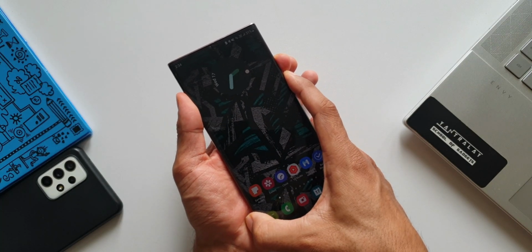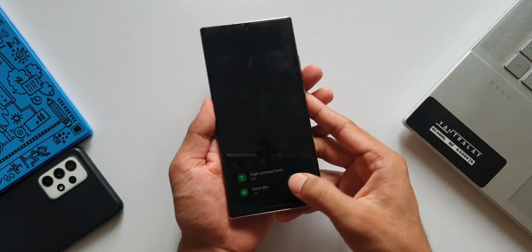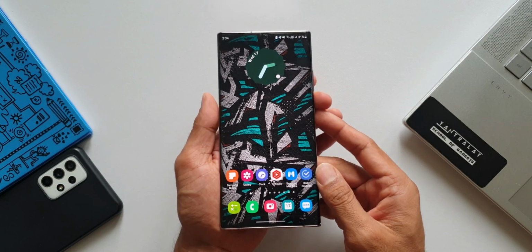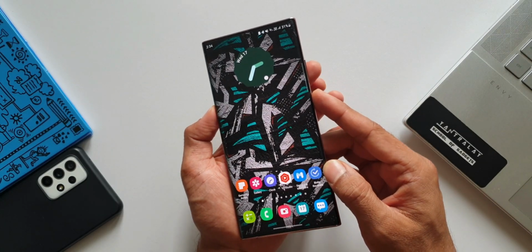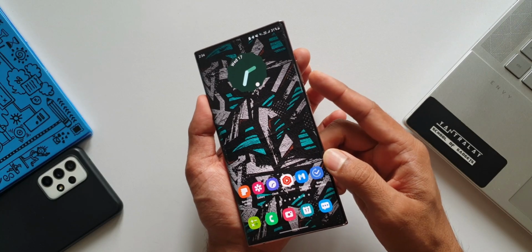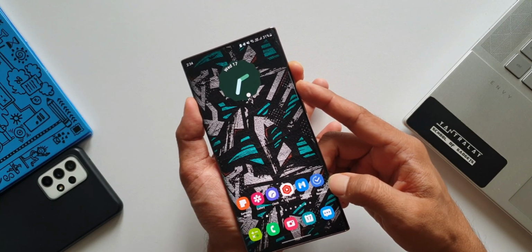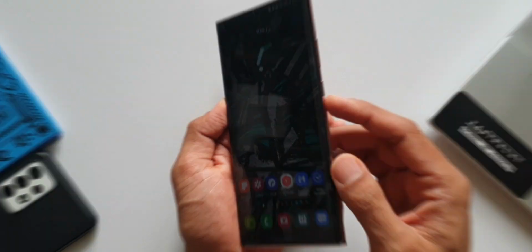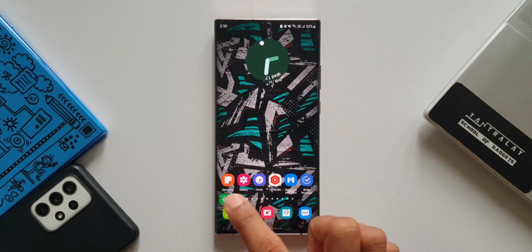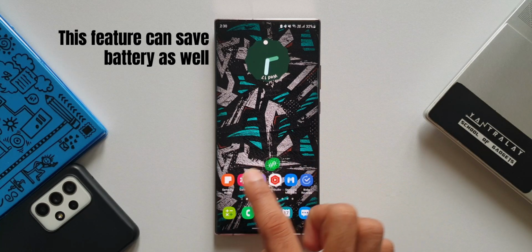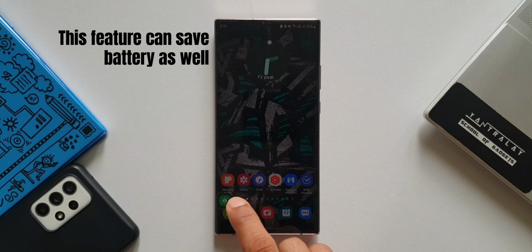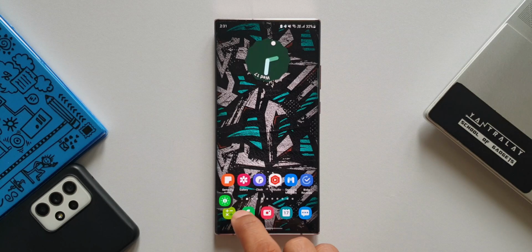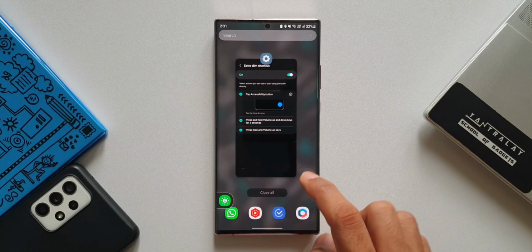Now when we use the phone in the dark at whatever the lowest brightness level we have on the Galaxy phone by default, it would still bother us and strain our eyes. But now with this extra dim feature, we can reduce the eye strain and also not bother the person sitting next to you in a movie theater maybe, or a person sleeping next to you in the dark. This is a very simple yet useful feature which is being offered on One UI 4.0. I suppose we should consider using this more often.